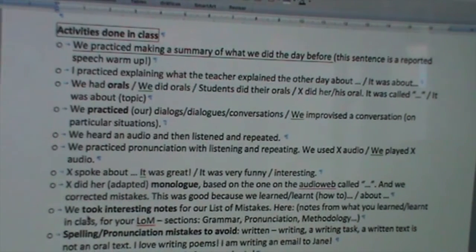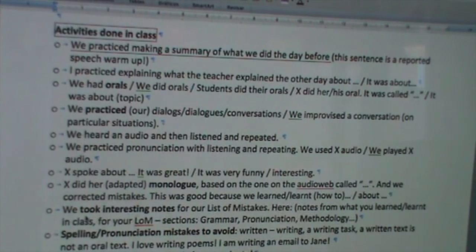The title. Somebody, whoever spoke about something, right? It was great, or it was very funny, or it was very interesting. Someone did her adapted monologue, or did his adapted monologue, based on the one on the audio web called da da da. And here you mention the